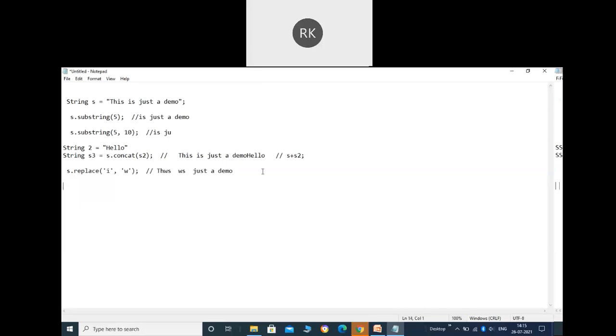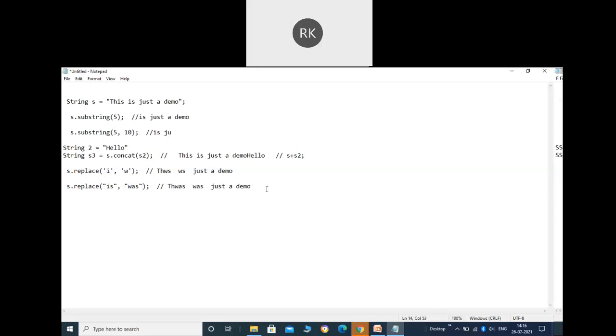Or, if you want to replace a string, that you can also specify. For example, I want to replace a substring with a word. In that case, what will be the answer? It will find the substring within the string, and that part will be replaced by the new word. So you can specify a character sequence, and wherever it matches, it will be replaced. And here it should be a string, not a character. Now this will be the answer.